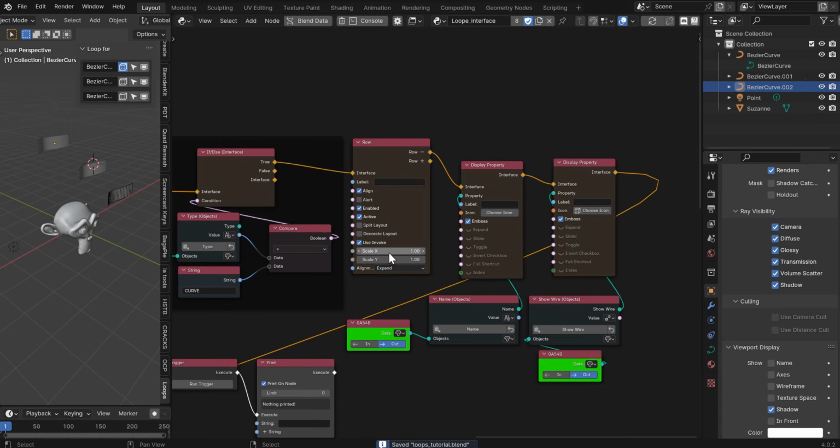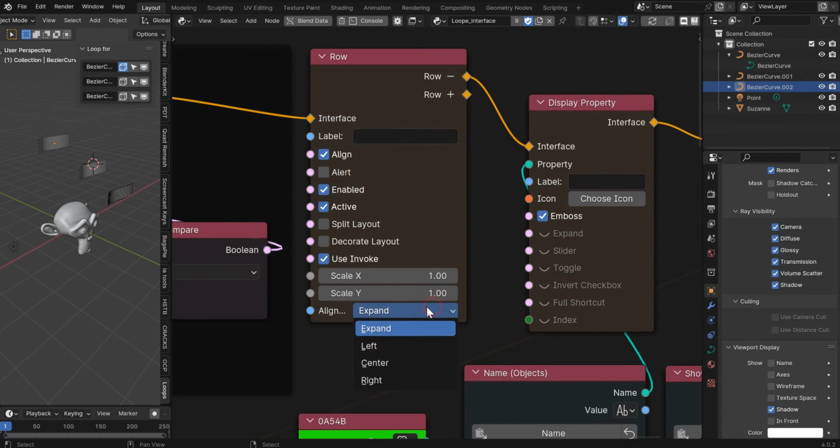And I'll create a save point, and you can scrunch these up a little bit if you want, or you can set them. You can set the row node to the left, right. Sometimes it doesn't necessarily work. Maybe if you have this all the way out, sometimes it'll work a little bit like that. But if you have it on expand, that's like the newest feature for Blender, especially when you're,